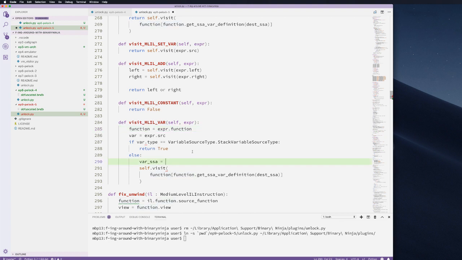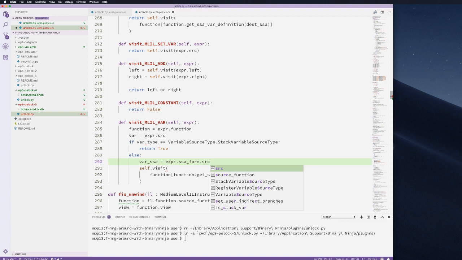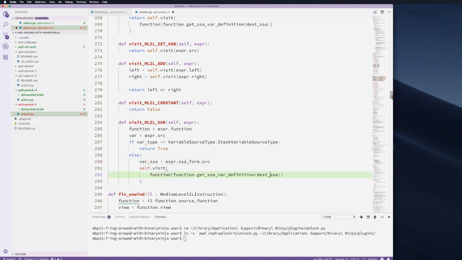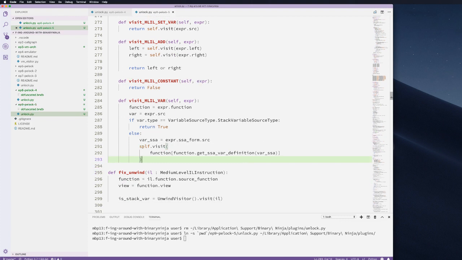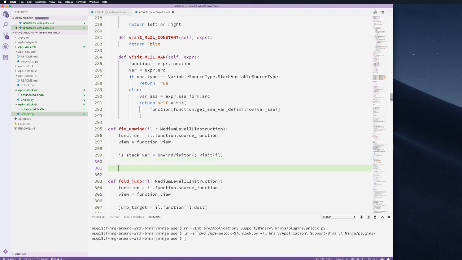Although I need var SSA is the expr.ssa form.source. And then we do var SSA here. Okay. I think that's all we need. And then if is stack var